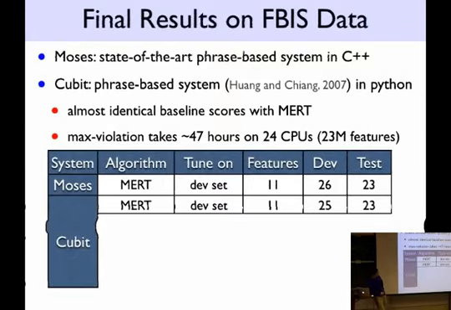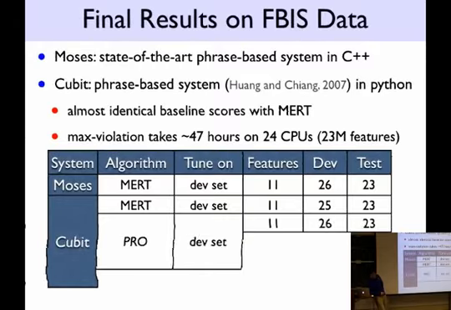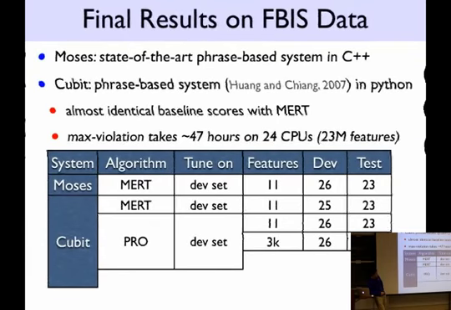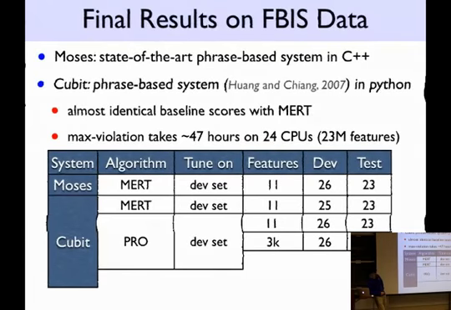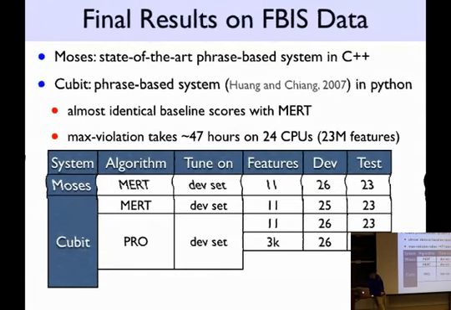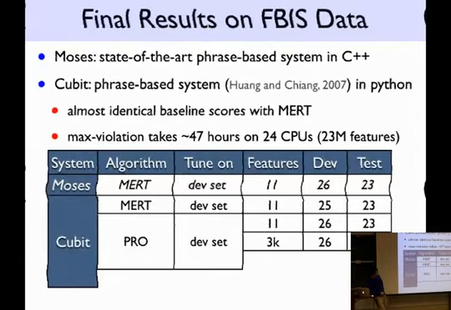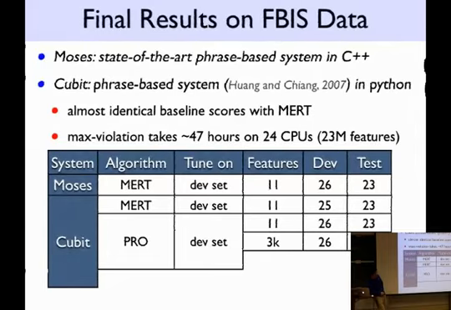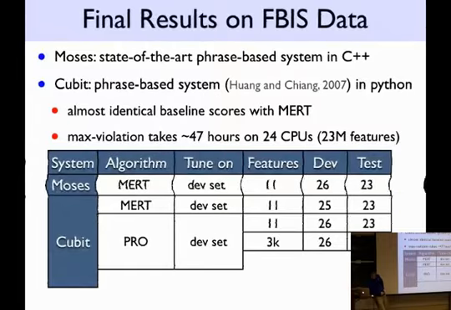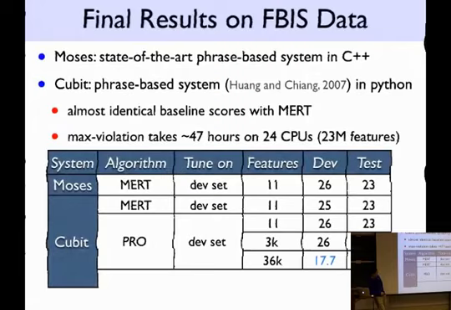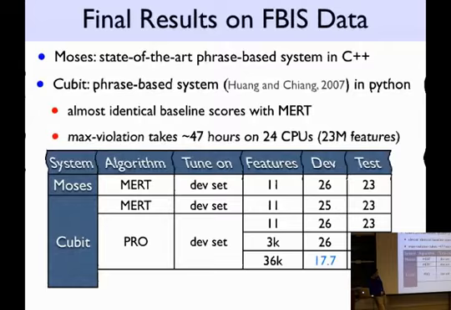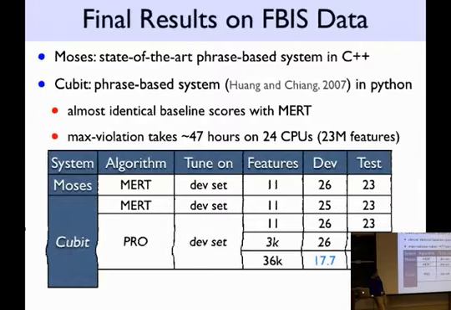There's a bug here. There should be 2 digits after the BLEU scores, but for some reason this version doesn't show that. In any case, it should be like 26.4 or something like that. But anyways, we have Qubit, which is our system, and we use MERT as well. And with the same features, we have